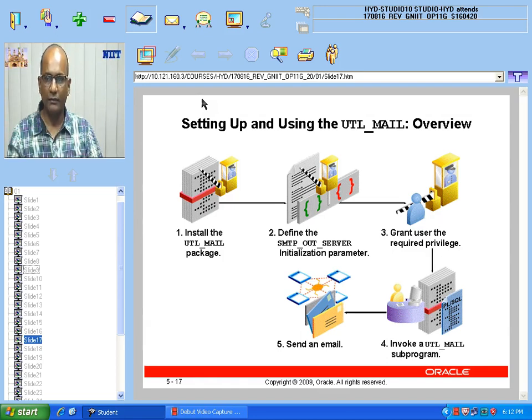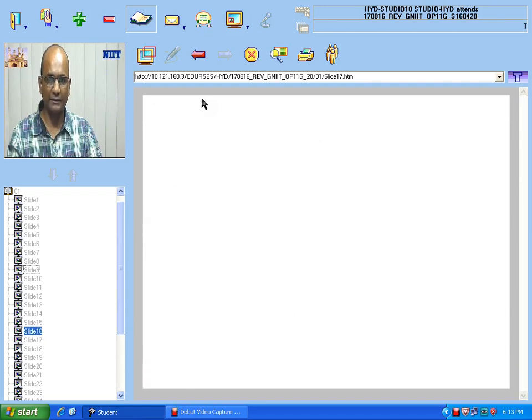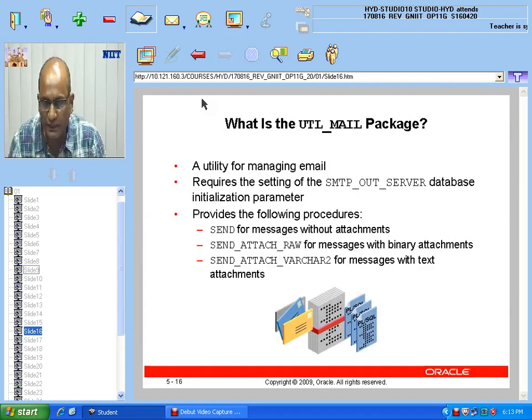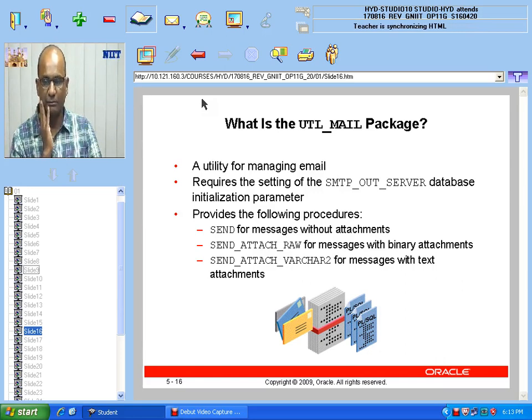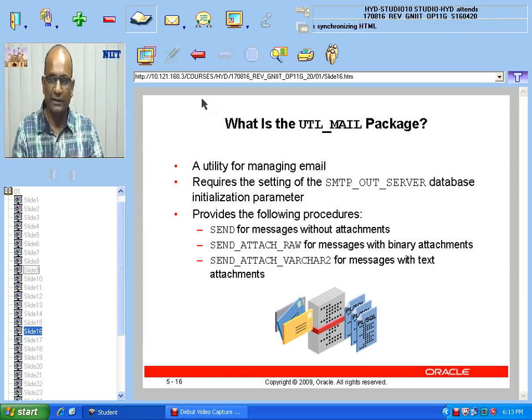And now we shall discuss the concept of the util mail package. Okay, util mail package. What is the need of the mail package here? The mail package is to send some package data, like how you are including a mail feature into the database. So generally,